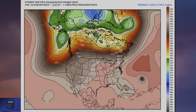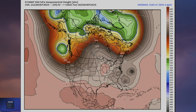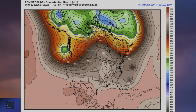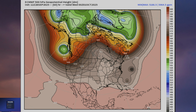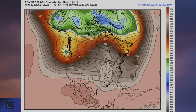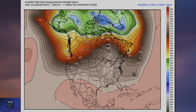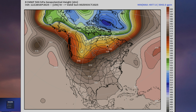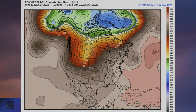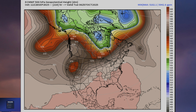And the upper level low that was over the southeast does not pick up Imelda. Instead, there's just enough influence from Humberto to weaken the subtropical ridge, and there's Humberto up here, Imelda out there, and the ridge tries to build back in. And you see maybe what's left of Imelda here, wanting to move through the flow. Okay, but